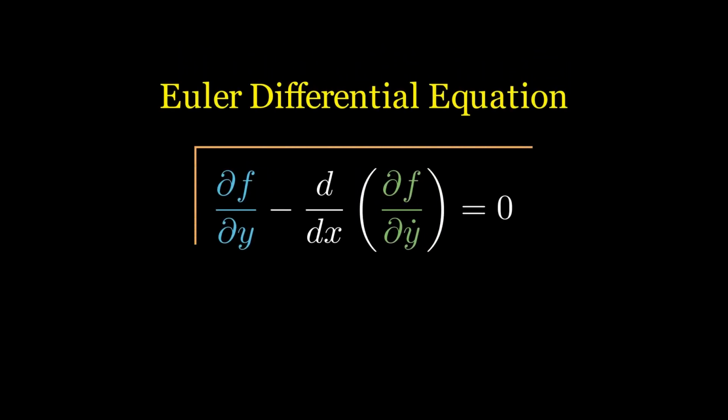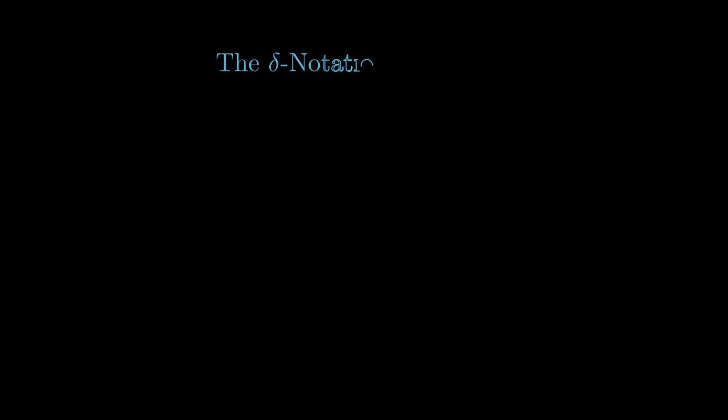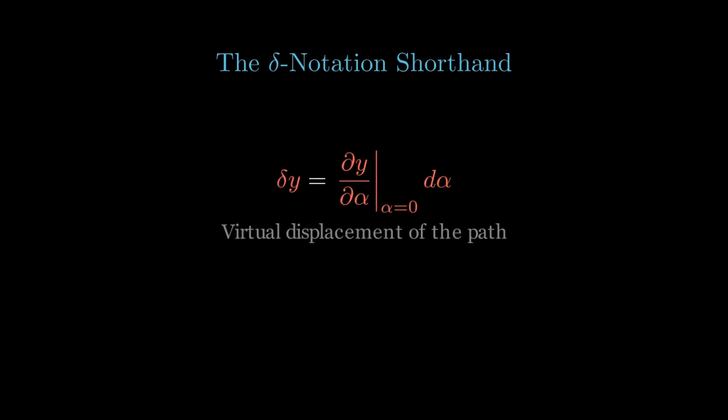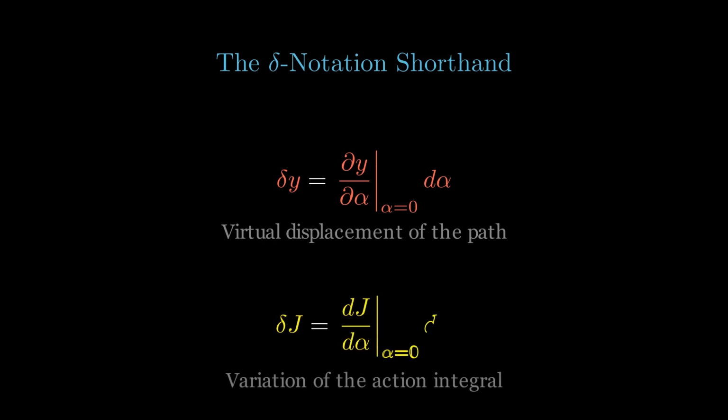This is the famous Euler differential equation. Finding the function y of x that satisfies this differential equation is equivalent to finding the path that makes J stationary. Before we move on to generalize this, it is highly convenient to introduce a shorthand. We define the differential quantity del y in the following manner. This represents the infinitesimal departure of the varied paths from the correct path at point x and corresponds directly to the virtual displacement introduced in the earlier mechanical treatments. Similarly, we also define del J as follows.